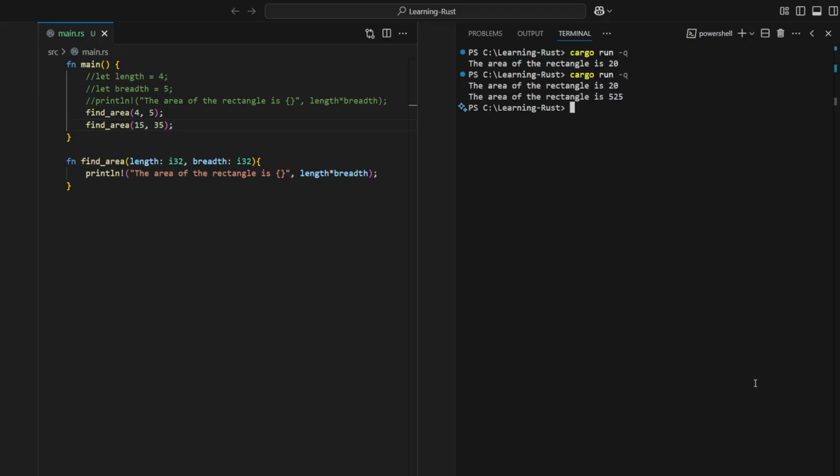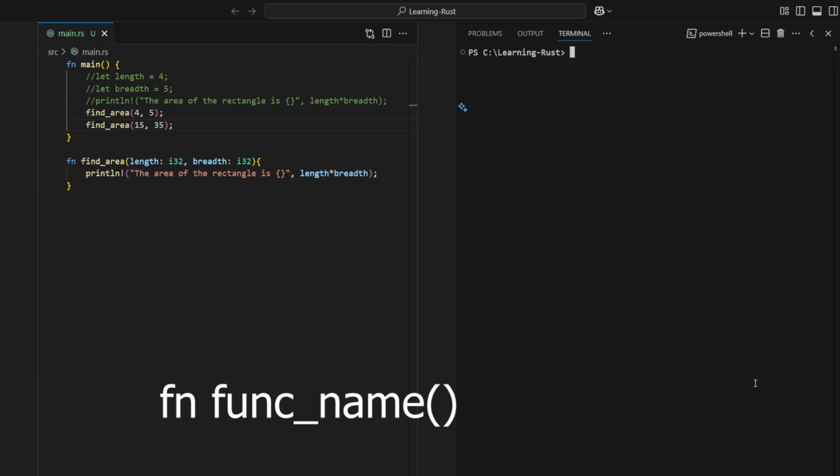Here, we are printing the result in the new function. Instead, we can use the function to just calculate and get the calculated area back to the place from where it is called and then print it. But in our current setup, nothing is returned from the function. In Rust, to return a value, we use a hyphen and greater than symbol followed by the data type of the return variable. If a function is not returning any value, then the compiler infers that it is returning a